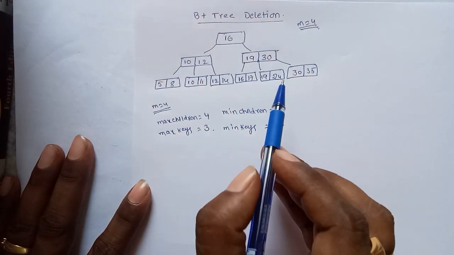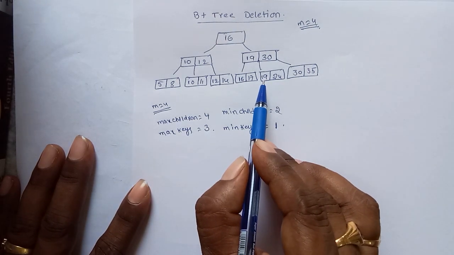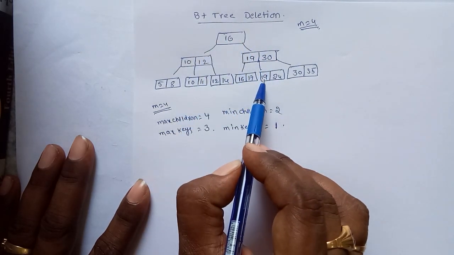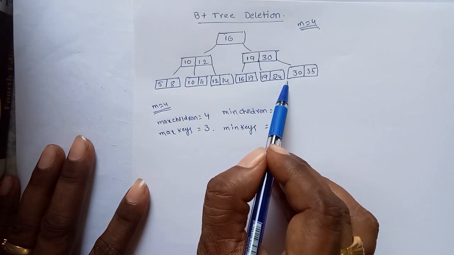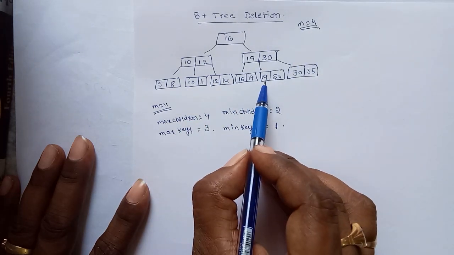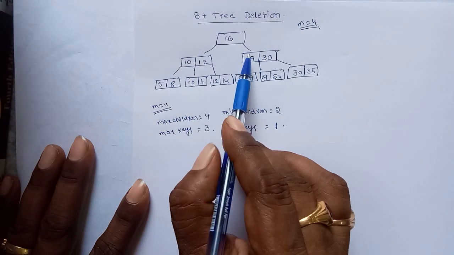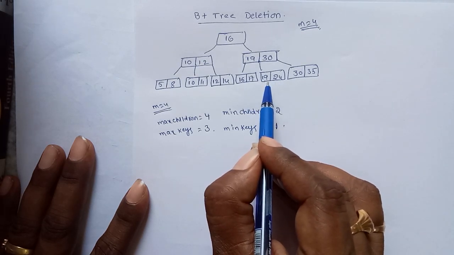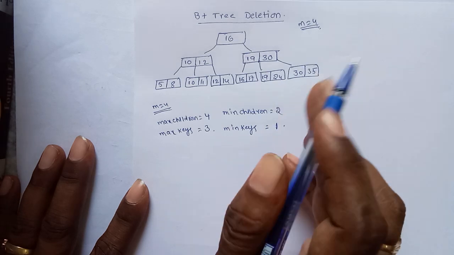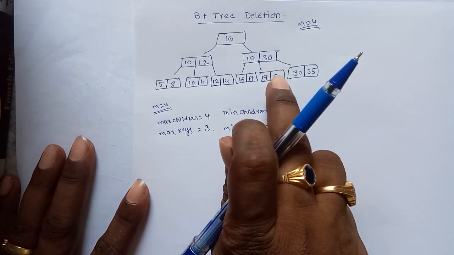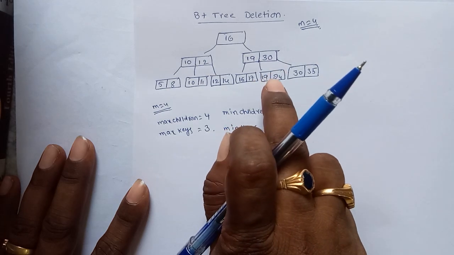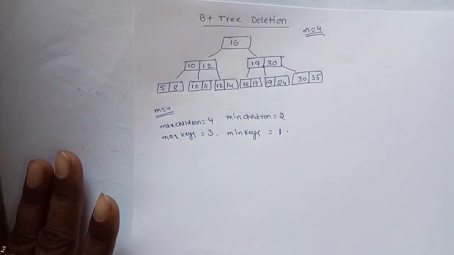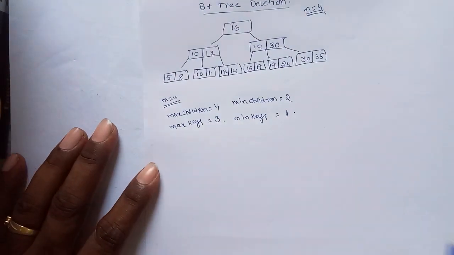Simple cases are, first, we are deleting an element. If the deleted element is not present at the index level, and is only present at the leaf level, that is one case. If the deleted element is present both at the data level and the index level, that is another. Next, if the data node is deficient, it requires a minimum of one key; suppose if 19 and 24 are removed, it does not contain any key. If the data node is deficient, what do we do? If the index node is deficient, what will we do? These are the 4 cases. Now consider each and every case.